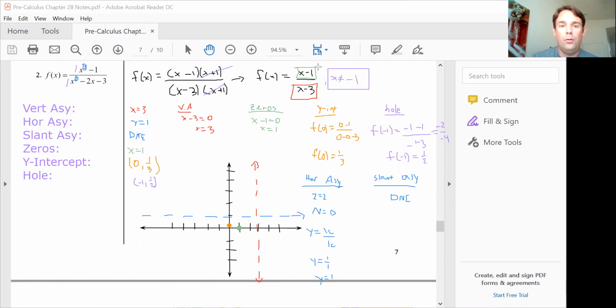And I had a hole at (-1, 1/2). So there's going to be an opening here, like a little opening. The graph doesn't connect there, but it looks like it does. I make a rough sketch of it again. And again, I got to go down to negative infinity since I'm below. And these will be kitty corners. If I wanted to plug in a value in here, I can make it a little more accurate. But I know it's got to be kitty corner, so it's going to go on the